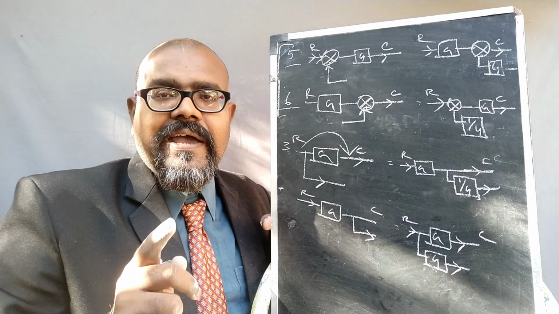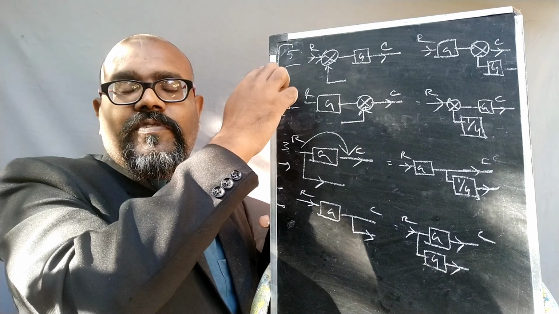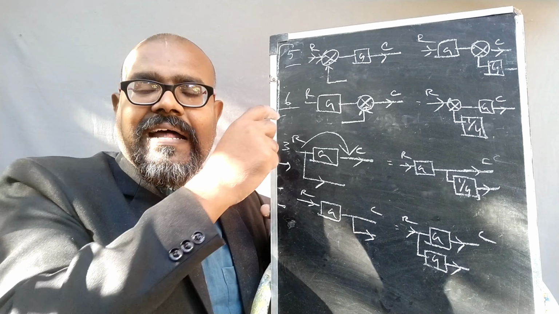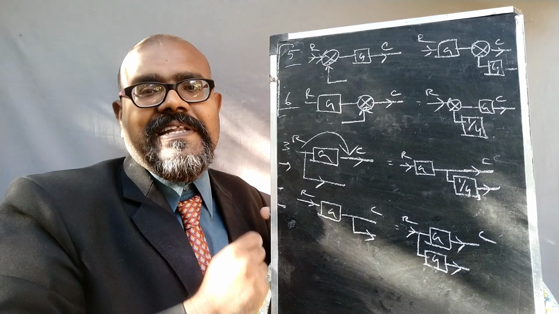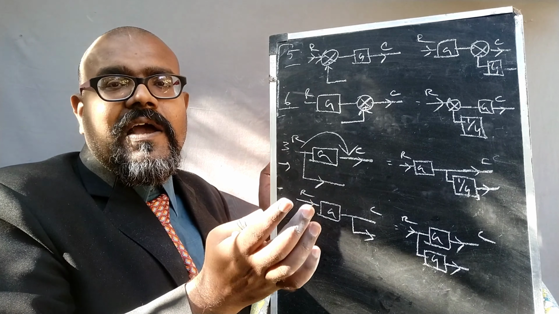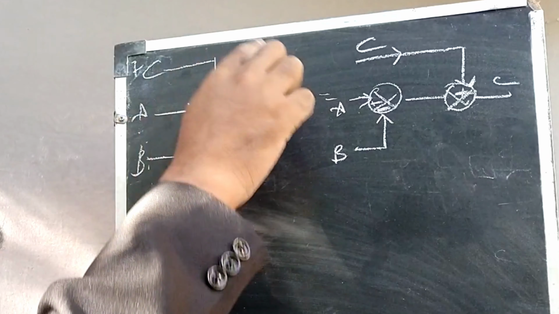So if you want to memorize any one of the rules among these four rules, that is the third, fourth, fifth and sixth rule, then the others you can frame easily. Okay, so this is straight opposite. The branch point and summing point are straightly opposite. Okay, please remember. The next rule we follow is for the summing point.